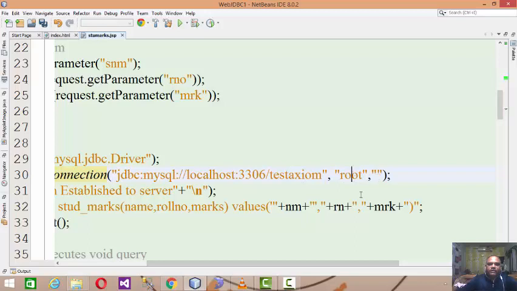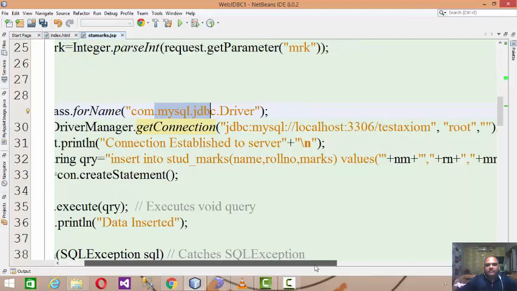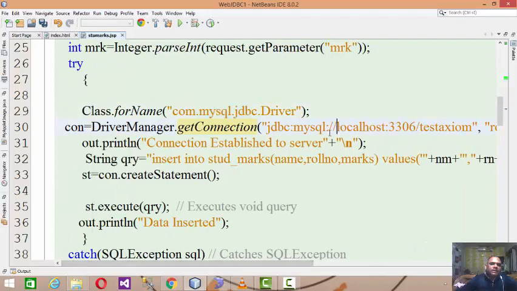The password is blank here, and I am providing root as the ID. Once you have specified the driver and database name and everything is okay, the connection will be successfully established. So it will print the message out.println connection established to the server.